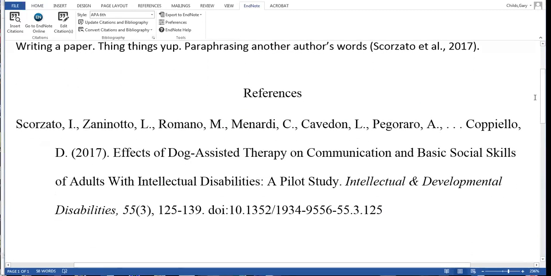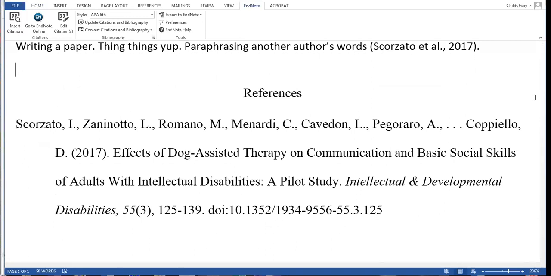Admittedly, I kind of joke that EndNote is a mom, and it's all about talking to mom properly to let her know exactly where you're going, what you're doing. Otherwise, mom gets a little upset. But as long as you use the tools that are here directly within the EndNote toolbar, you're going to be able to do that. If you do try altering the references here by hand, for example, we see that all